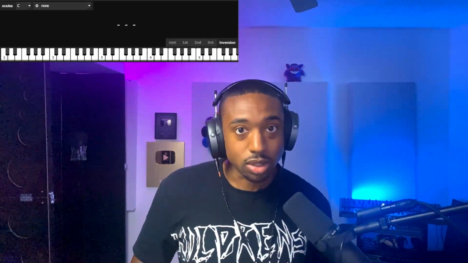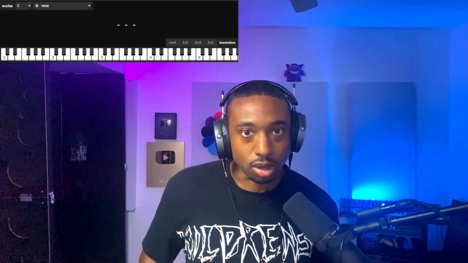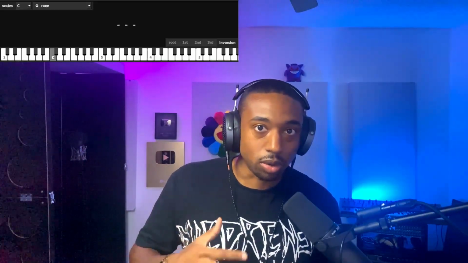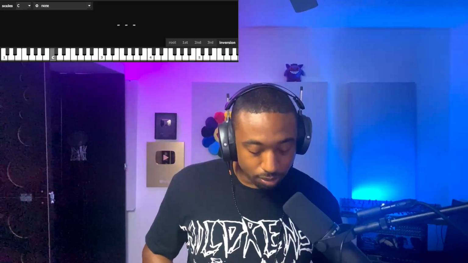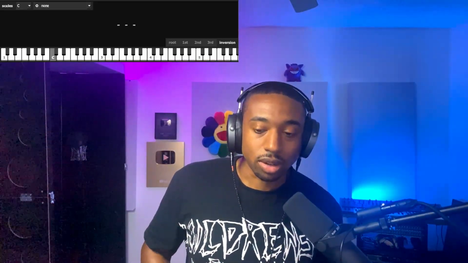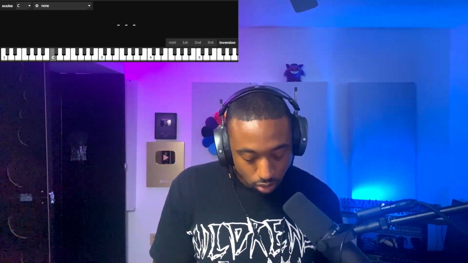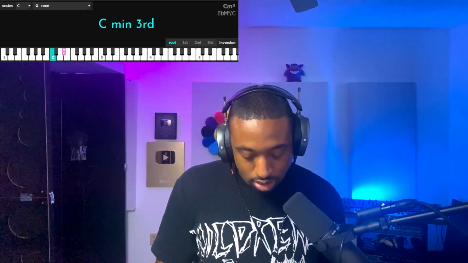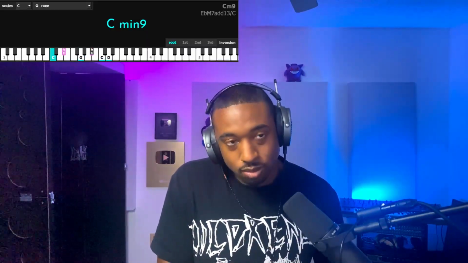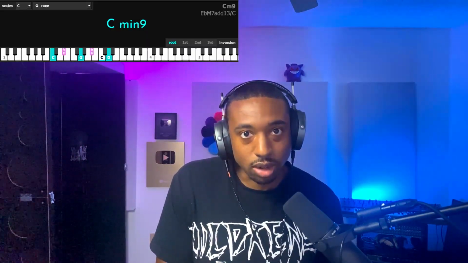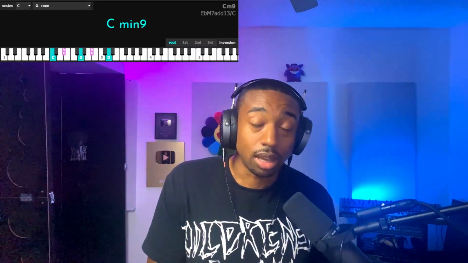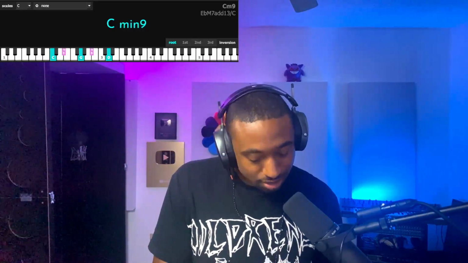So we're starting here at what's called C, which is the most common note people talk about on the piano. You don't even need to know the names of the notes on the keyboard. You could really start from anywhere. But in this case, we're starting at what's called C. What we're going to make today is called a C minor ninth chord. So the full chord would look something like... Okay, so here's our full C minor ninth chord, but we're going to split this apart into pieces so that we can play a melody.